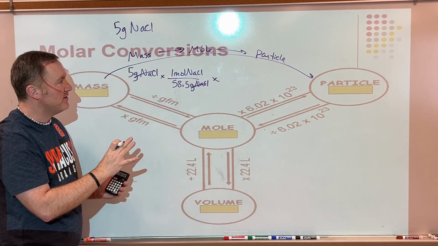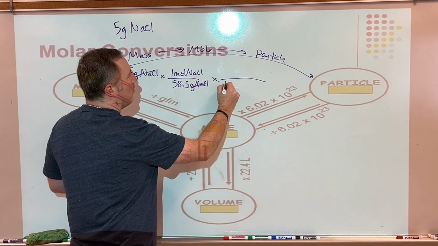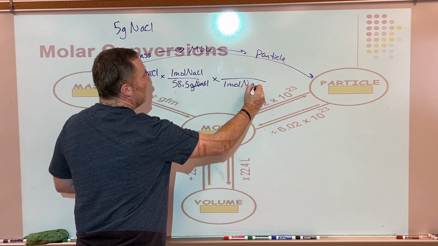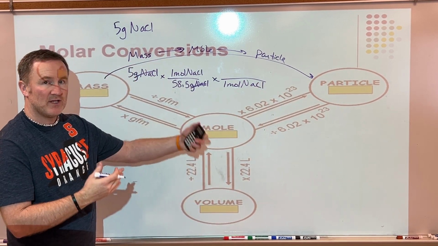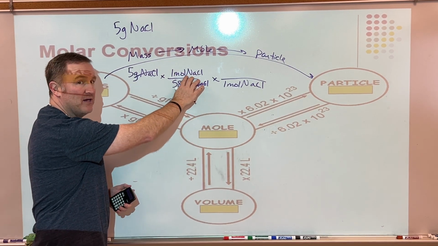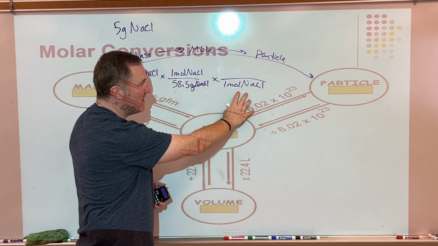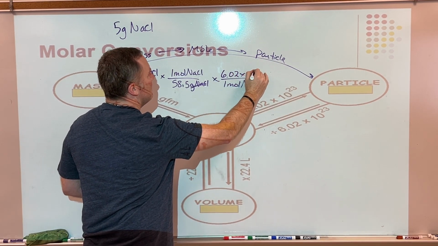Now, don't worry about doing your math yet. Let's just continue the equation. I know 1 mole of NaCl. Notice the one that I'm trying to get rid of always goes on the bottom. I was trying to get rid of grams, so grams went on the bottom. That converted me to moles. I wanted to get rid of moles, so moles had to go on the bottom. I know 1 mole is 6.02 times 10 to the 23rd